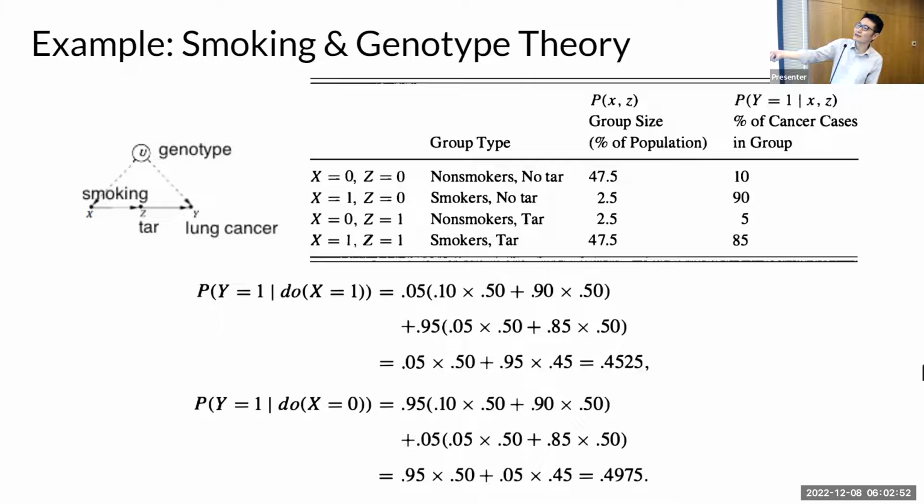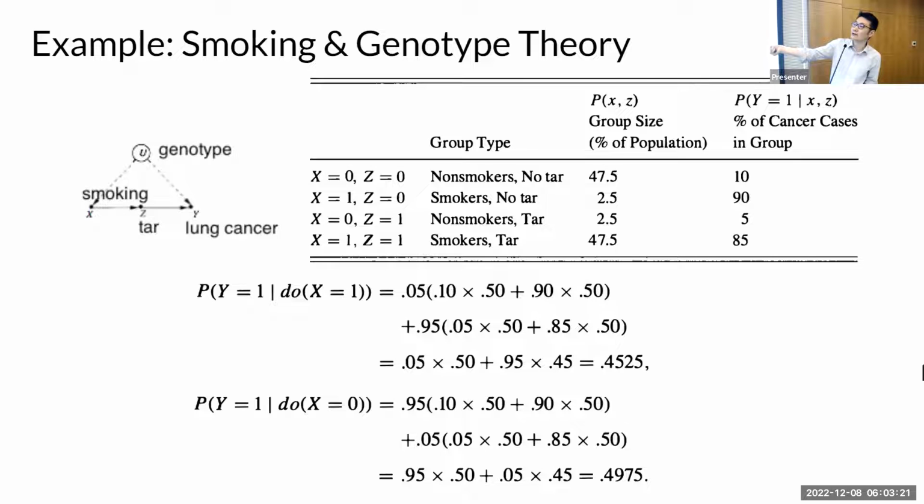They want to see whether smoking has a very bad effect on, say, health, right? Lung cancer. And in that case, they gave the data. Say, genotype may be a common cause for smoking and lung cancer. And here you have tar, right? Clearly tar should be here, according to the domain knowledge. Now, I know we cannot directly measure genotype, but we can measure those three variables, including smoking, tar, and lung cancer.